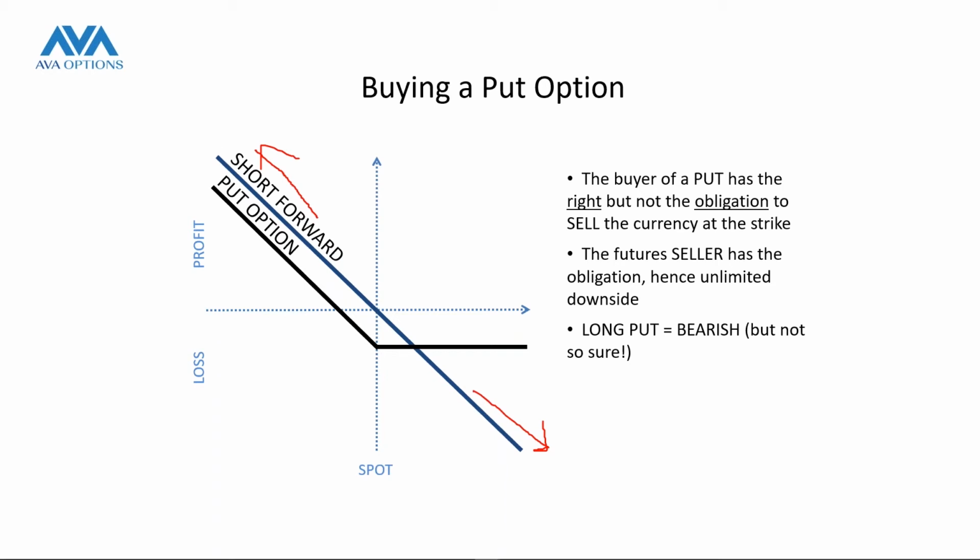If I buy a put option, the most I can lose is this area here, what I paid for the option, the premium. But if the market does go down, I still have the right to sell at the strike price, which was agreed up front, all the way up until the expiration of the option. So the main point I want to get across is that options give you an asymmetric risk profile. You have the right but not the obligation to exercise your option.